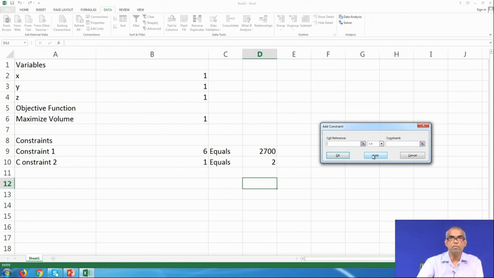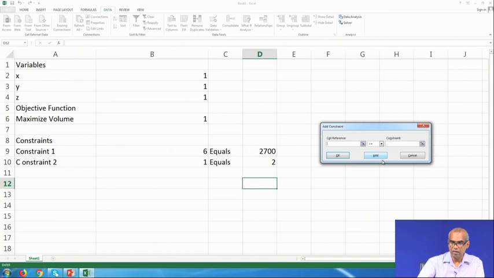Now, do the same thing for the second constraint. Click on the cell reference, click on B10 that contains constraint 2, under drop down menu, click on the equality sign and then click on the D10 which contains the right hand side constant of the constraint 2.